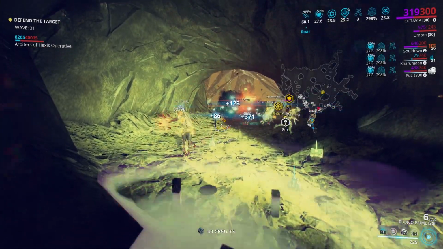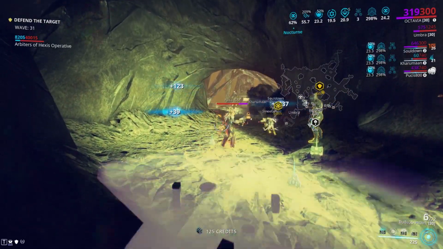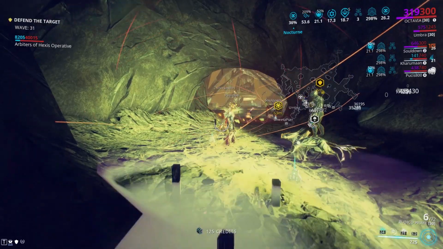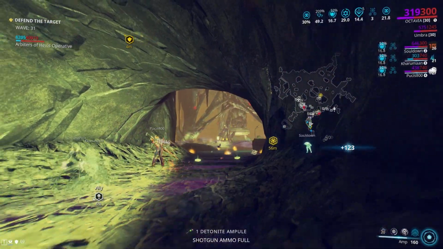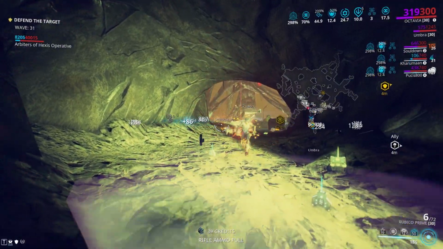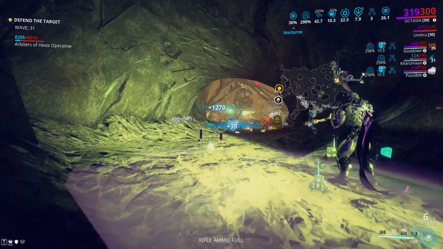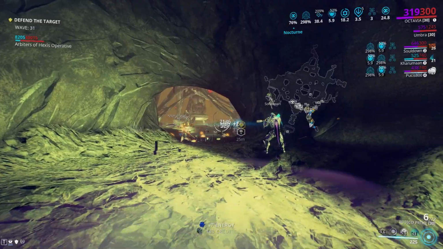Alright, that about covers the important aspects of arbitrations, so now let's finally get into the team composition that I would like to recommend to you. This team composition is one of my favorite in the game, one that works very well in both defense and survival arbitrations, but also in the normal versions. And that is, as you might have guessed already,